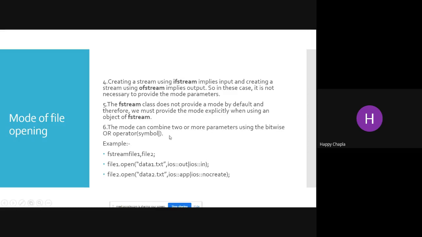Now the mode can combine two or more parameters using the bitwise OR operator. This is your bitwise OR operator, single operator, not two. Okay,